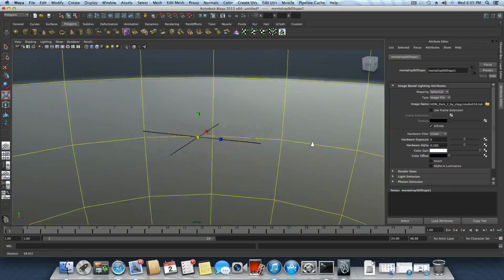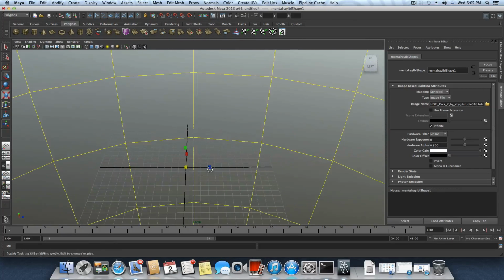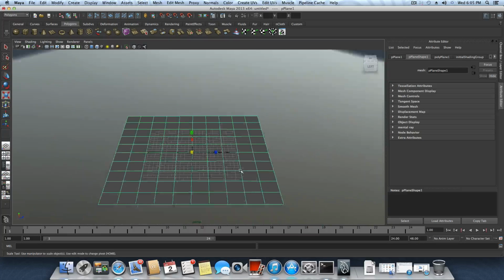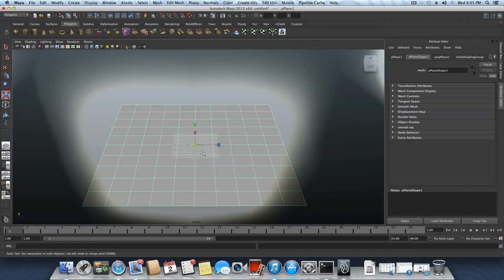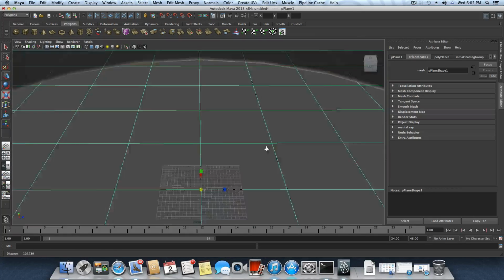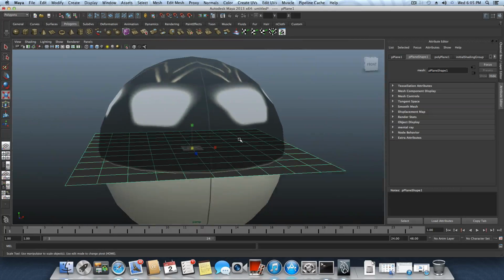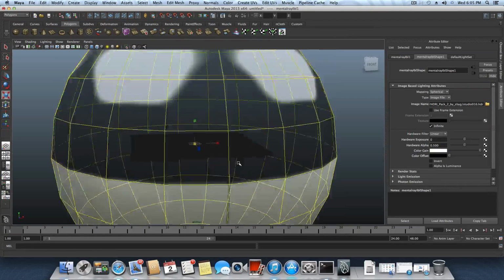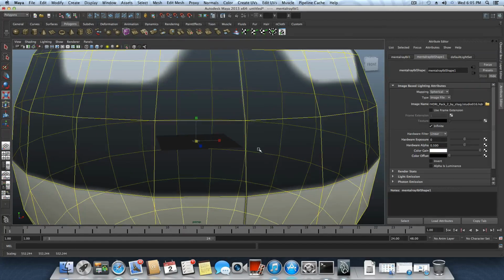Now let's create a plane. So I'm creating a plane and stretching it to something like this, and then maybe I will take this sphere and make it even bigger. Now